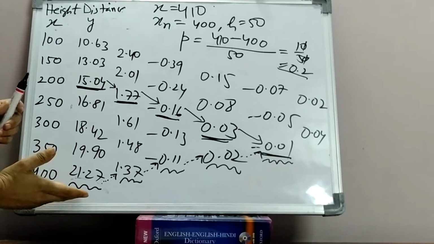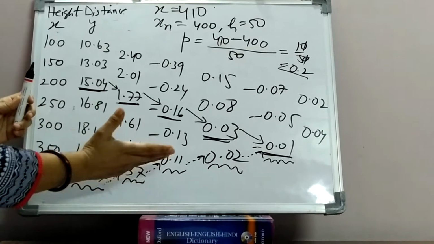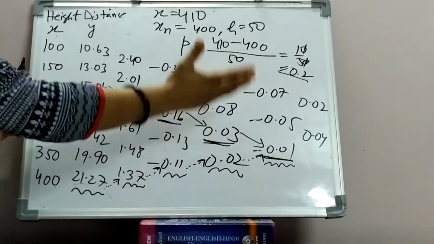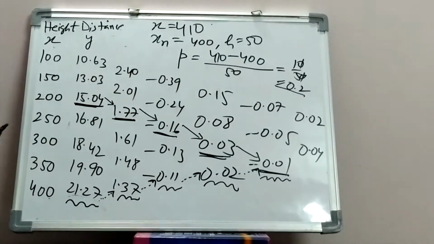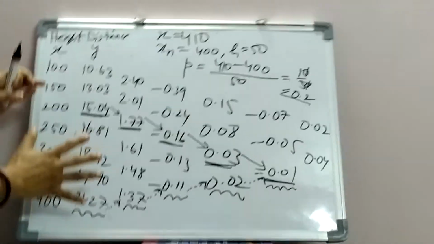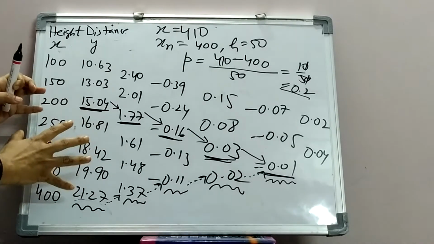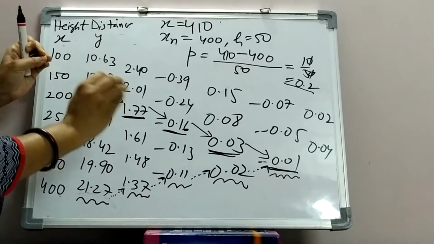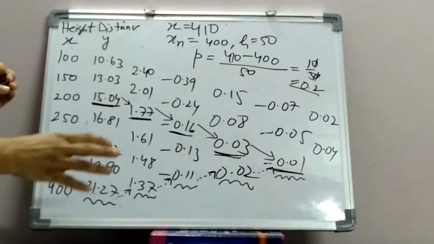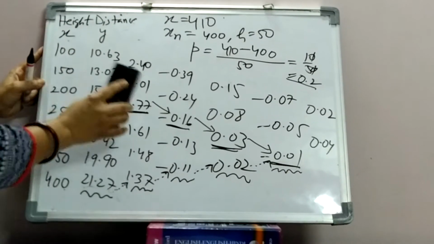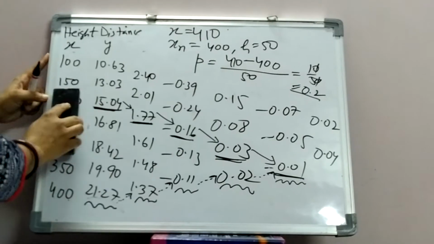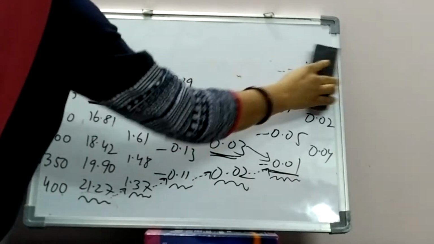So here we get a straight line sloping upward, but for forward we get a line sloping downward. So from the same table you can apply the forward difference or the backward difference as per your requirement. Now see how we can apply. So you have this formula, we can note it down.